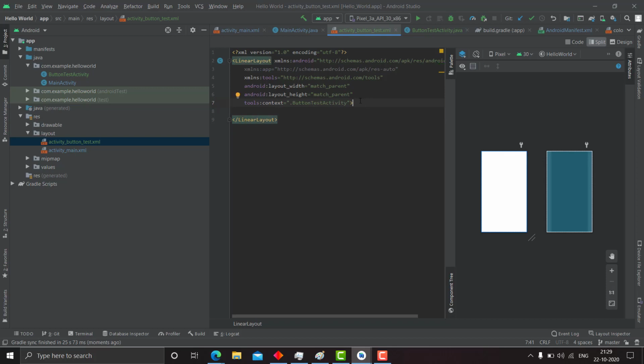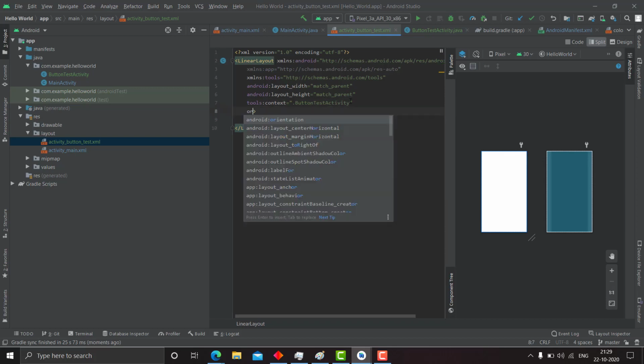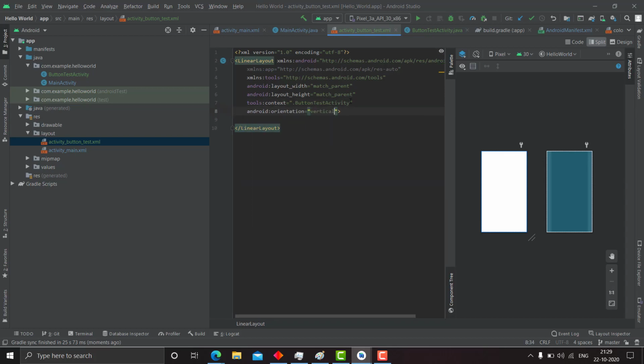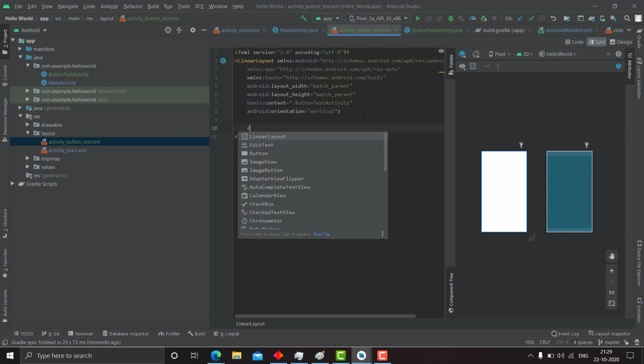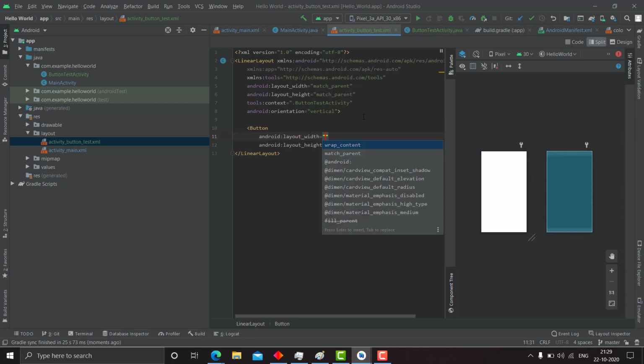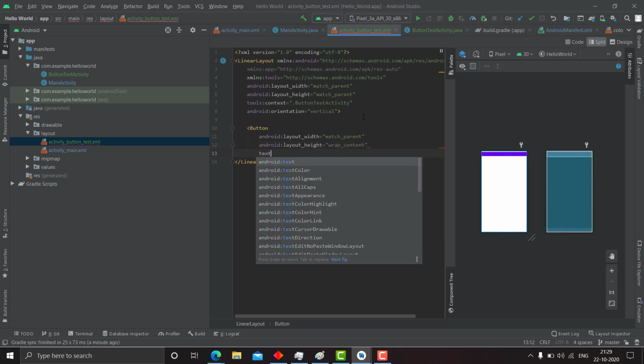Here we will write the orientation as vertical. Next, let us make a button. Width, let it be full width, and height let it be wrap content.